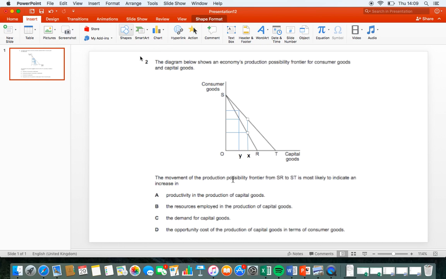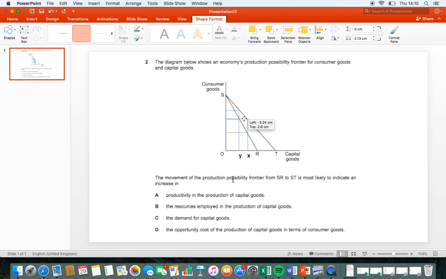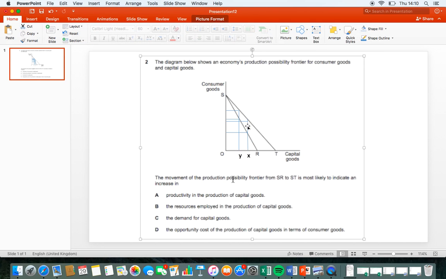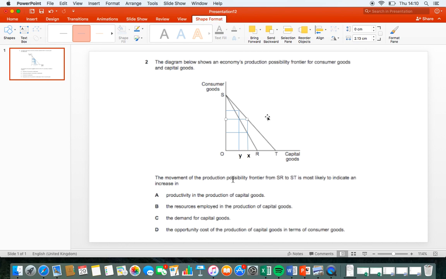let me just draw another horizontal line. Annoyingly, we're going to pretty much go over. I'm just going to move up just a little bit, or even just down just a little bit, and that's not ideal because we're now not strictly accurate, but you can see the point would be roughly X and roughly here for consumer goods. So therefore you can see that actually, especially if this point were where it should be here,